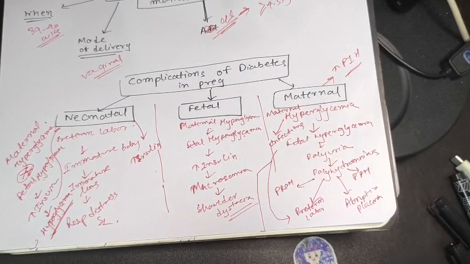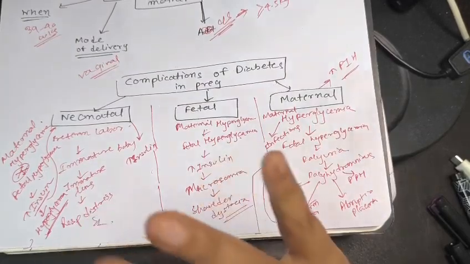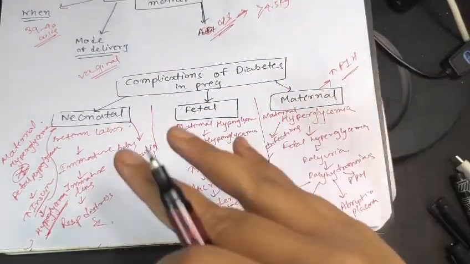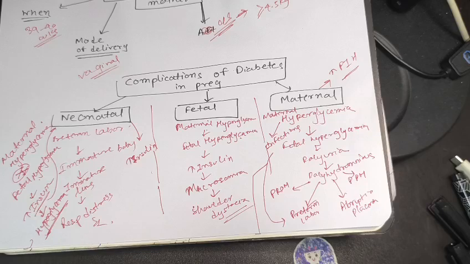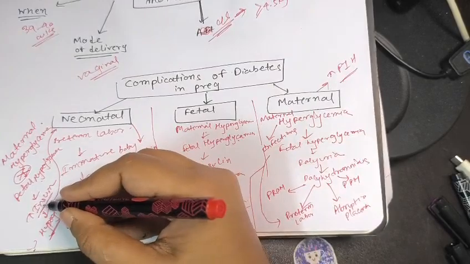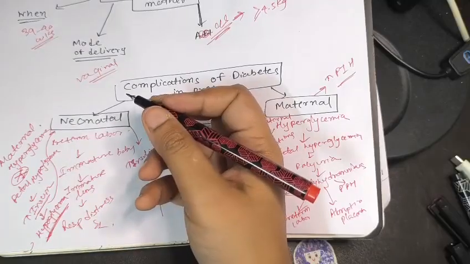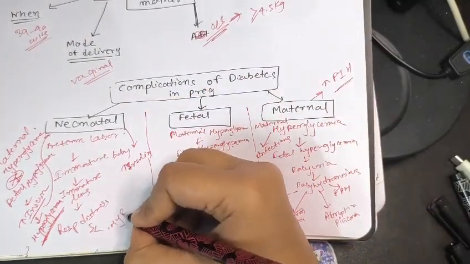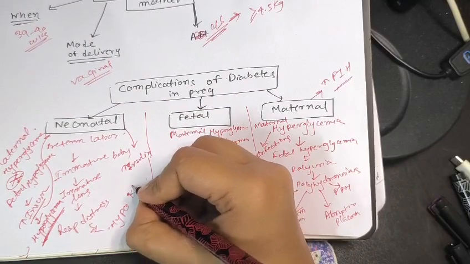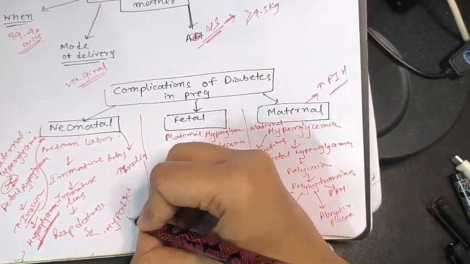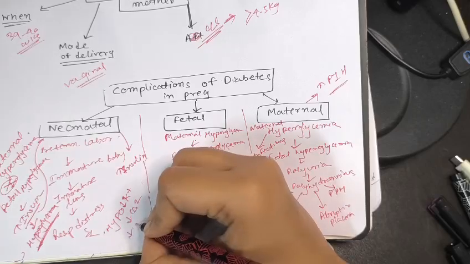because unless the mother is giving glucose to the baby, from where is the baby supposed to get that glucose? So the insulin will remain increased in the fetus, and there is no blood sugar for the insulin to work upon. So increased insulin will be in the neonate, and that will land up in hypoglycemia in the neonate. Along with that there will be hypokalemia, that is decreased potassium, hypocalcemia, hypomagnesemia,